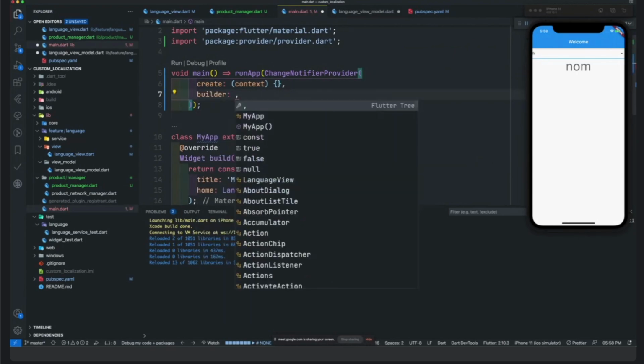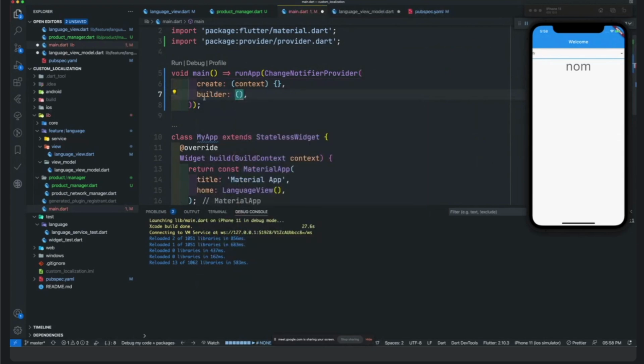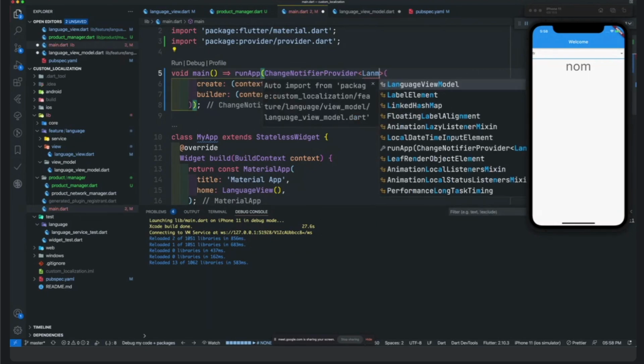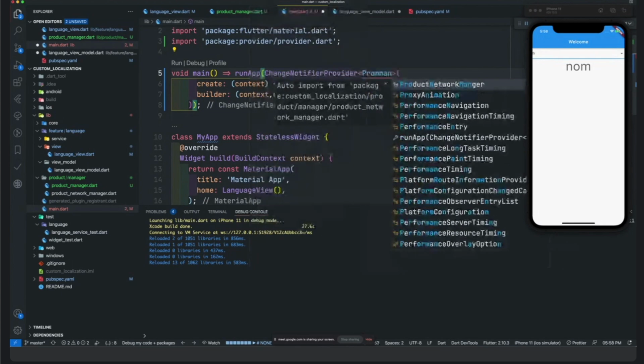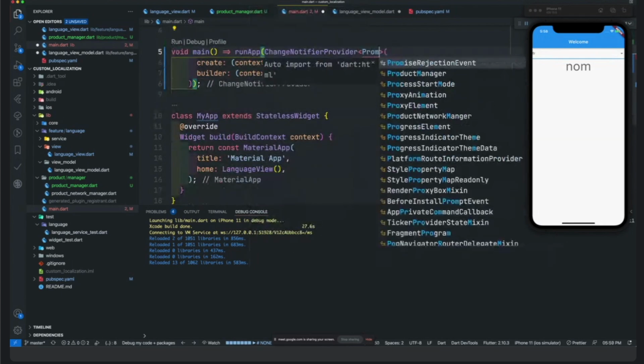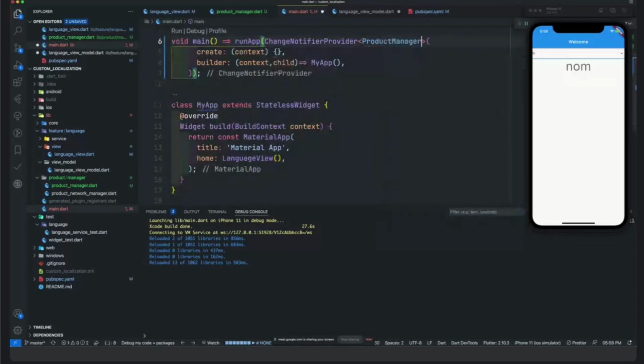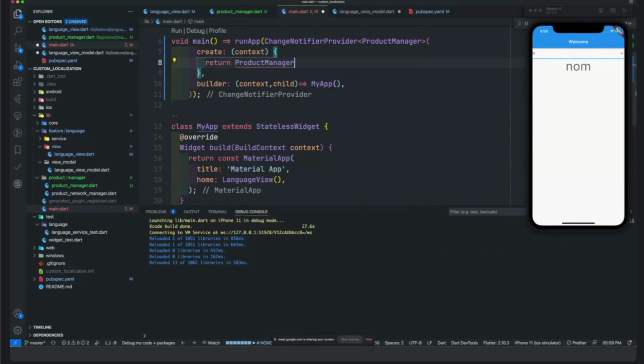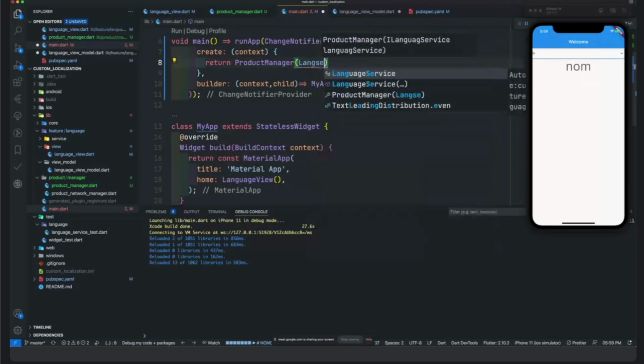I need to use the builder method, and you can see what we need: context and widget or child, and I return back my app or application. Yep, and lastly we need to return data, and what do we use, language manager or project manager? I don't know, product manager. Yep. And you can see you have to return product manager, and product manager needs the language services, but